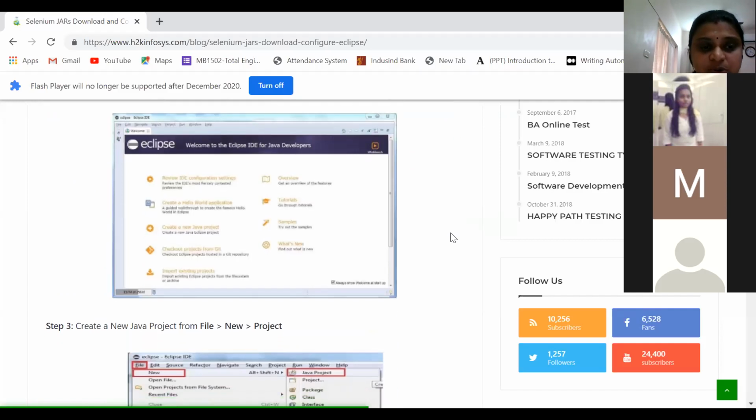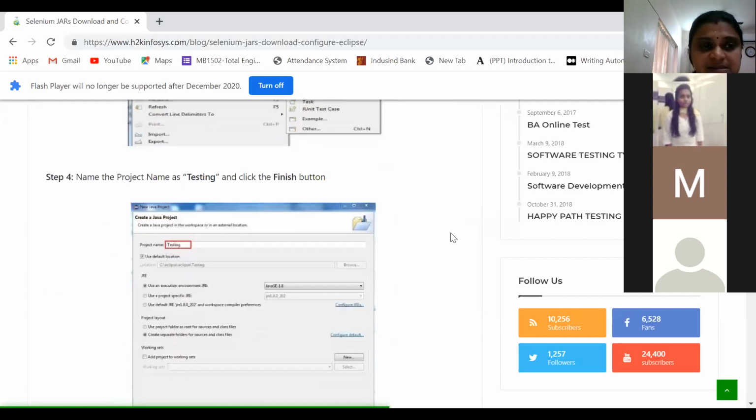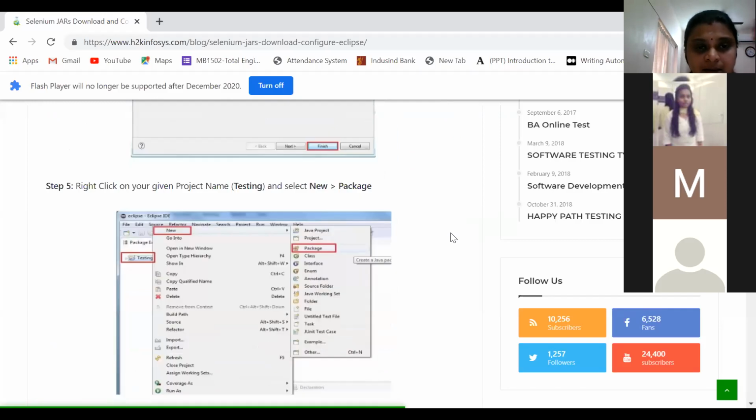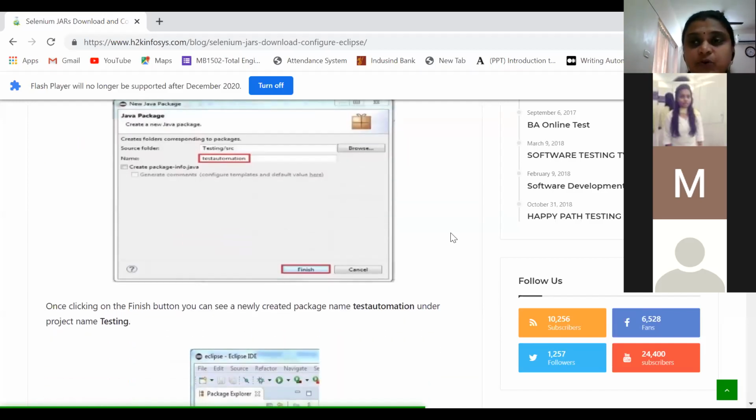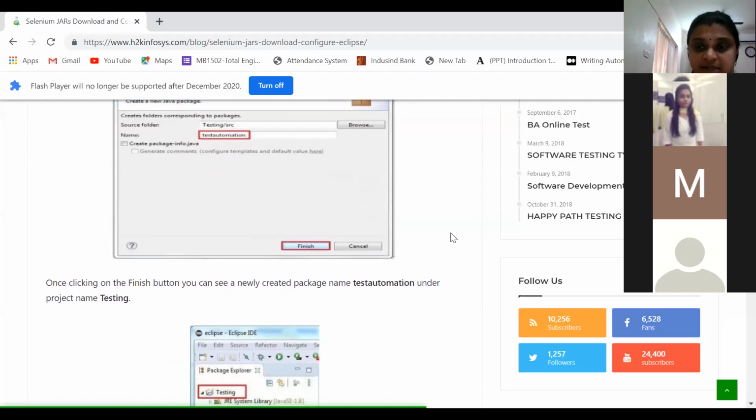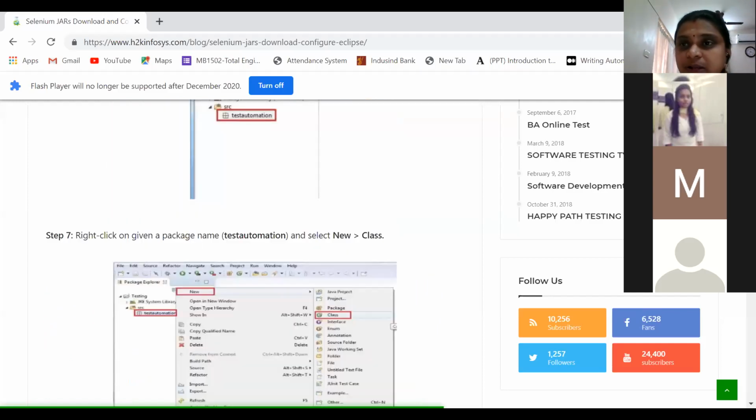Once you have the setup, I'll show you how to add these packages there. One thing that is not shown here is your browser's driver installation. You can Google and find it, or I'll add that instruction with this and send the link. The entire setup will take 20 minutes. You can just quickly do that. Now, for Selenium WebDriver to work for Chrome functionality, you will have to set up and install the Chrome driver. I will go and open it.